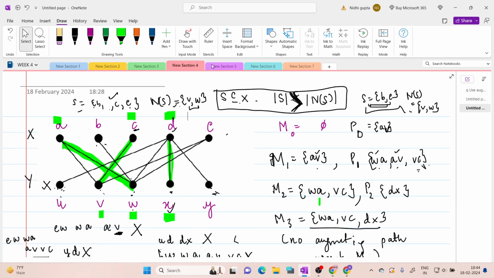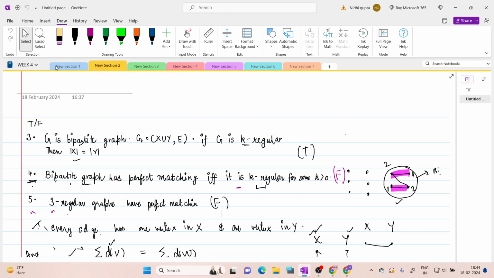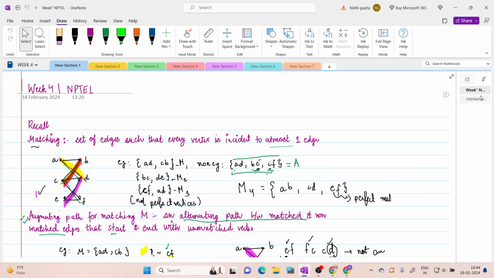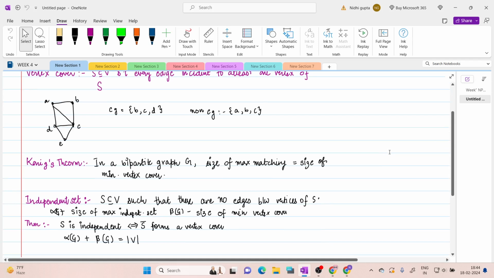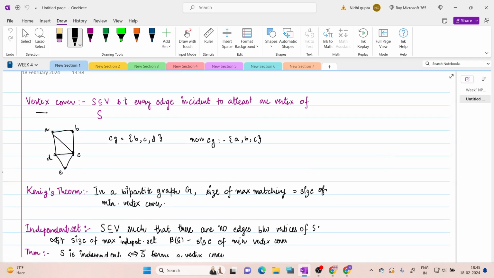Okay, so first of all, this was on matching. Now there are a few more concepts which were introduced. First one was vertex cover. So what is a vertex cover? Vertex cover is a subset of vertices such that every edge of a graph is incident to at least one